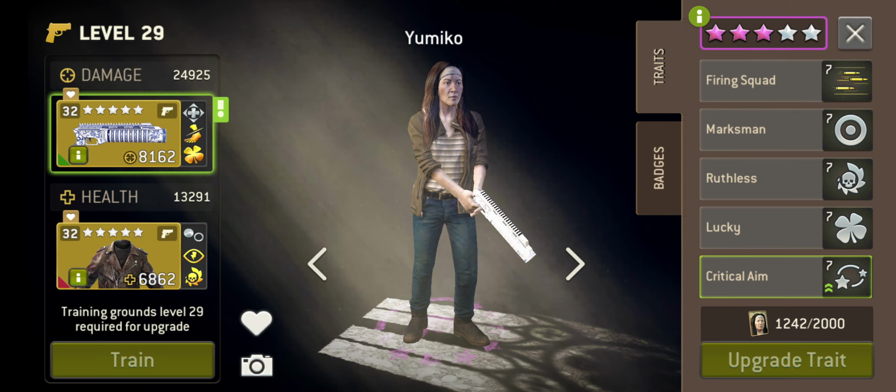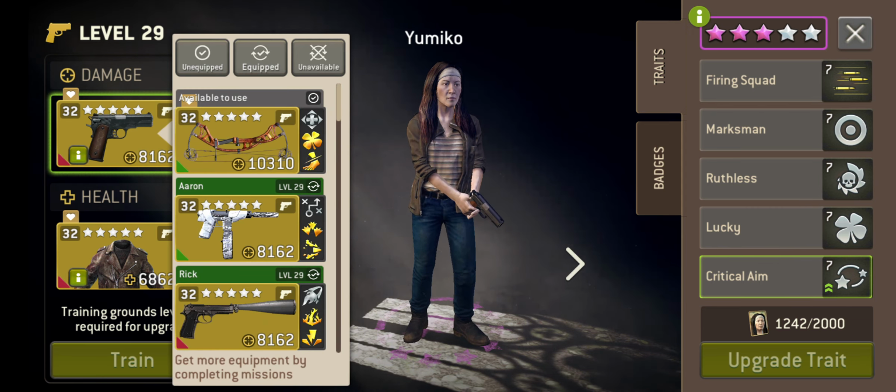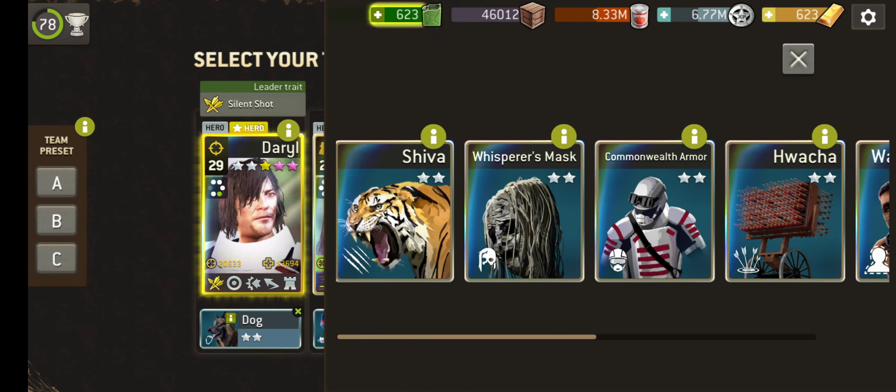Yumiko is bringing the porcelain pulverizer. Actually, let's mix it up a little bit. We're going to use the Savior handgun. It's a classic for a reason. I just fancy bringing that along now. And